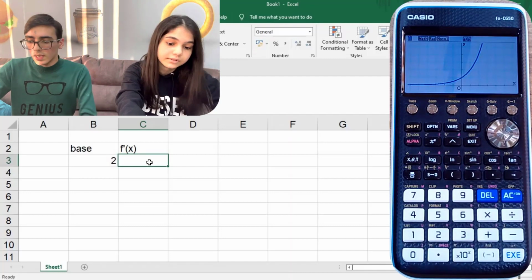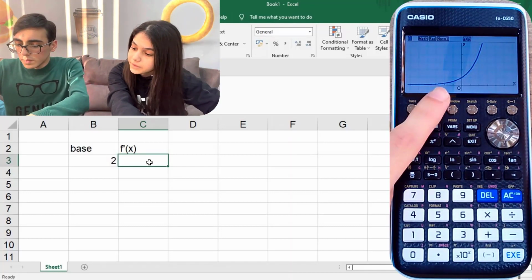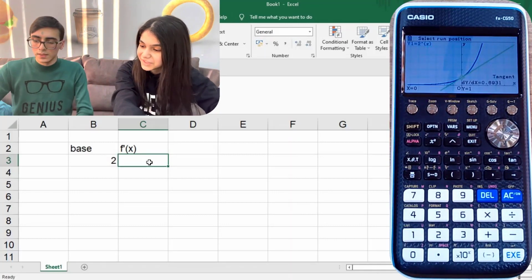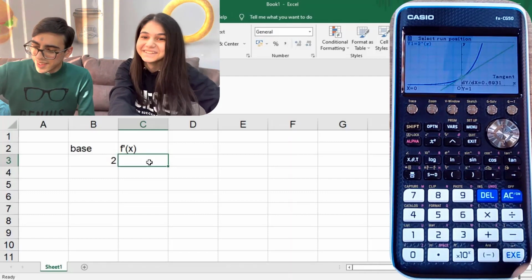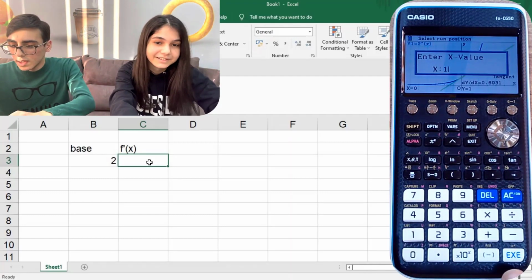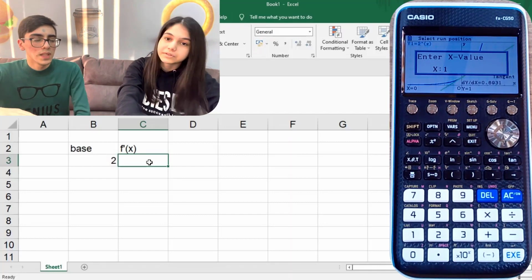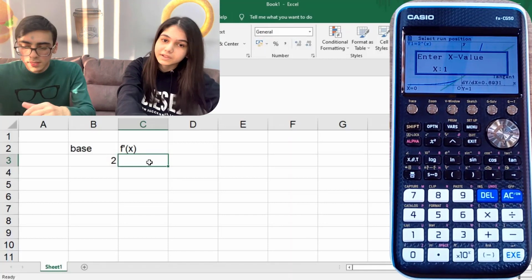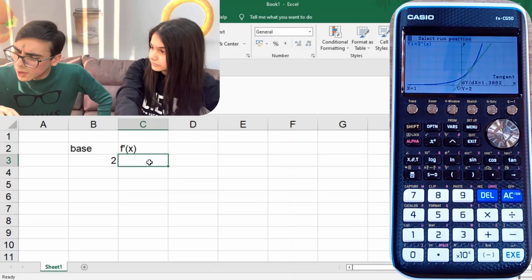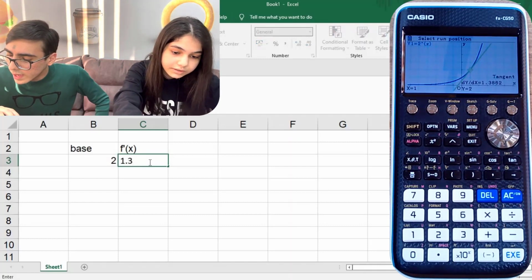The calculator gave me the graph of the function. Now I'll press sketch and choose a tangent line, but it will automatically show me this at x equals 0. But we need x equals 1, because it will be easier to calculate, just not to overcomplicate our matters. And as I can see, it's 1 point